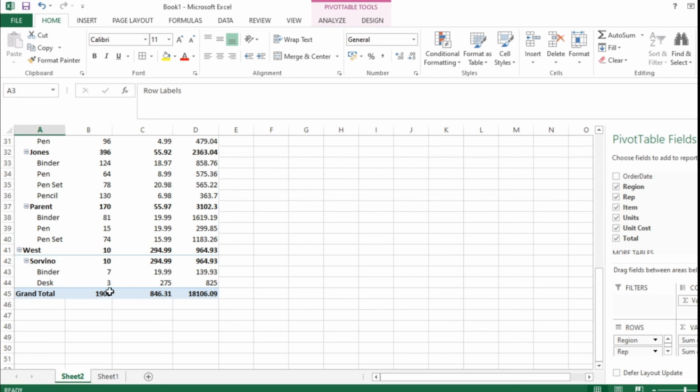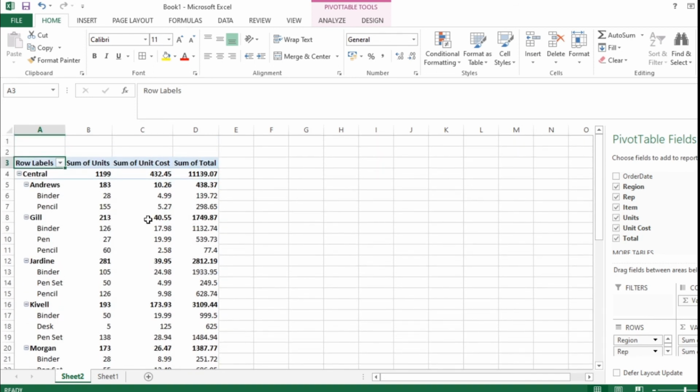What is the total units sold in that particular year? See how much they have made, how many units they have made, the unit cost, and what is the sum of total. Everything has been clearly organized in a proper way. Okay, right? If the higher official says, I want only region wise.